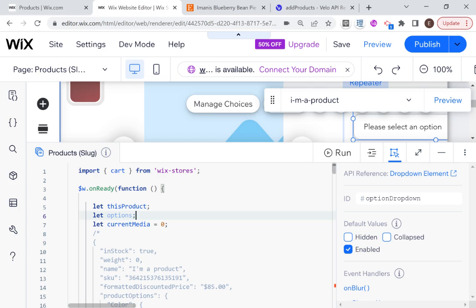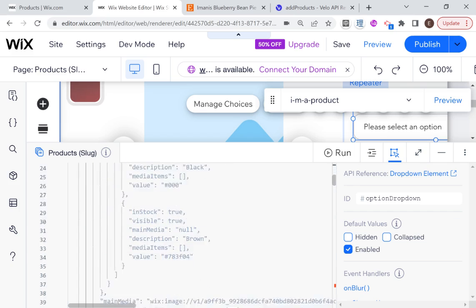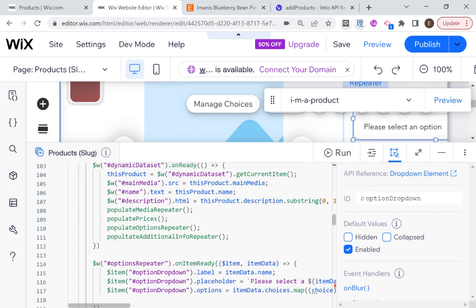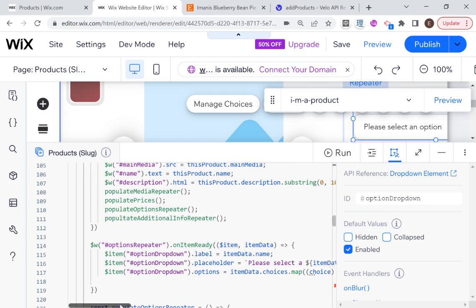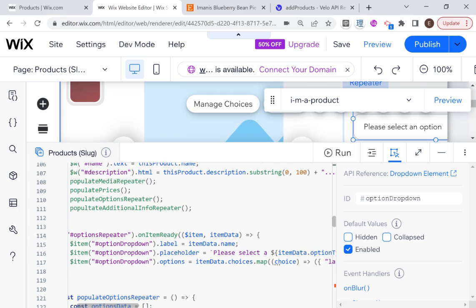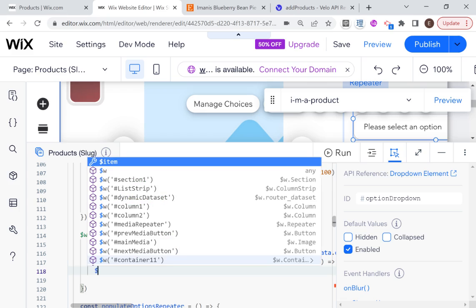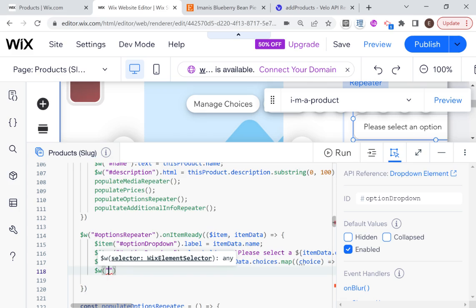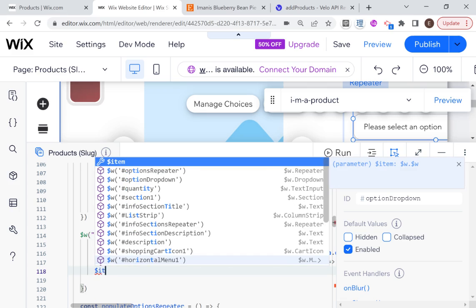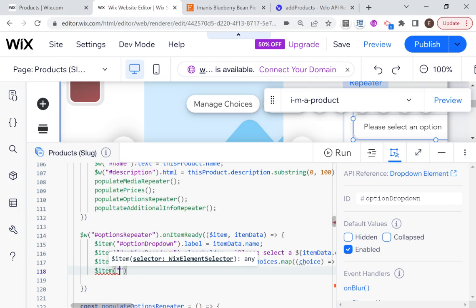And then what I'm going to do, you know what? Change of heart. We're going to do let choices up here. And then what we're going to do is that inside of our options repeater, when we change, yeah, this is a much better idea. Sorry for making you jump around like this, but let's say item, and then options drop down